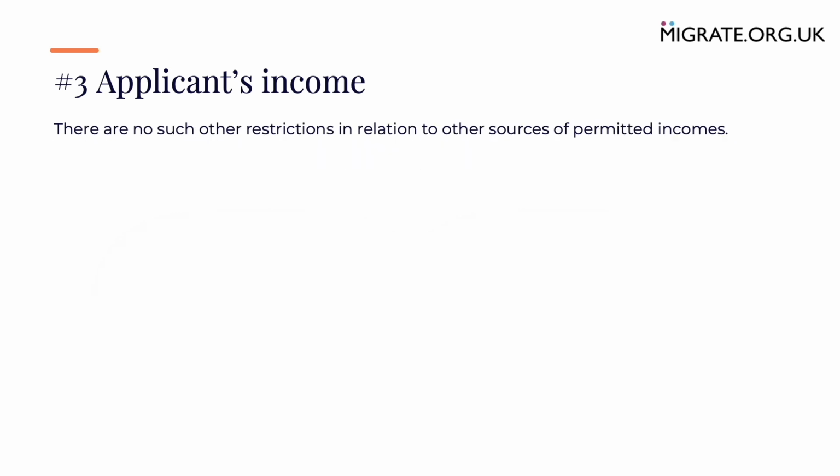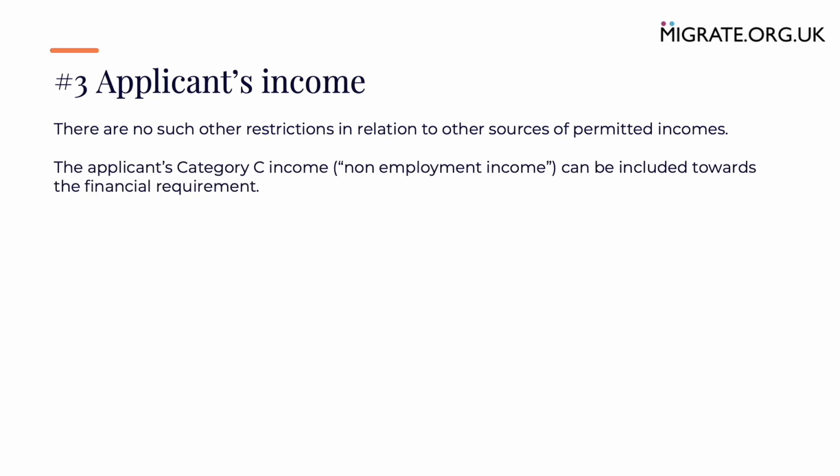Now, for whatever reason, we've seen that many partners assume that the previous provision extends to all other sources of income, which it does not. And because of this, many partners assume that all of the applicant's income is irrelevant, which it is not. So not including employment and self-employment income, what are the applicant's other sources of income that can be included towards the financial requirement? Firstly, the applicant's Category C income, which is often referred to as non-employment income, can be included